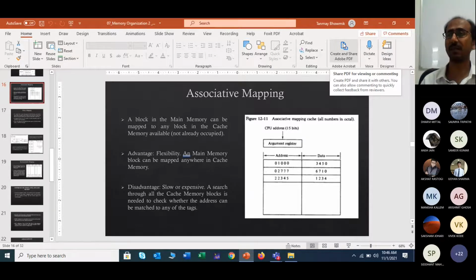But the problem is that once you have stored the data, whenever you need to access it, you don't know the proper location, and you cannot apply any specific logic or mapping technique to access this data. That means you have to manually search throughout all the available storage, and based on this you have to take a decision. That is why associative mapping is not so fast, and it has slow access. So that was the advantage and disadvantage of associative mapping.